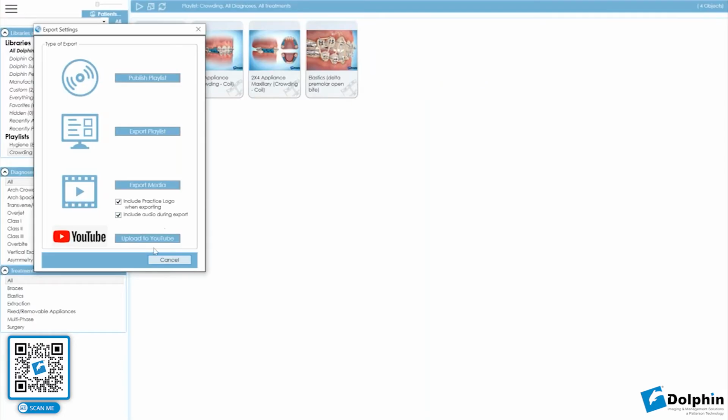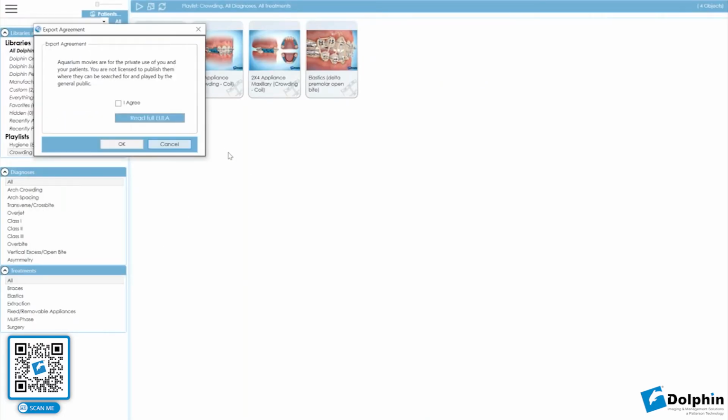Now, there's also options, as I mentioned, to upload to YouTube. And when we upload to YouTube, we do also specify that the software will do it automatically for you. When you hit agree, this is telling me that it's perfectly fine to upload it to YouTube, but we do require that all the videos be marked as unlisted. The reason for this is so that there's less likelihood of them getting pirated or someone else stealing your videos and using them for marketing material. So we do mark these videos on YouTube as